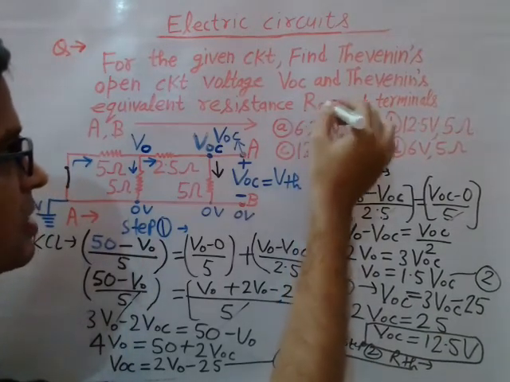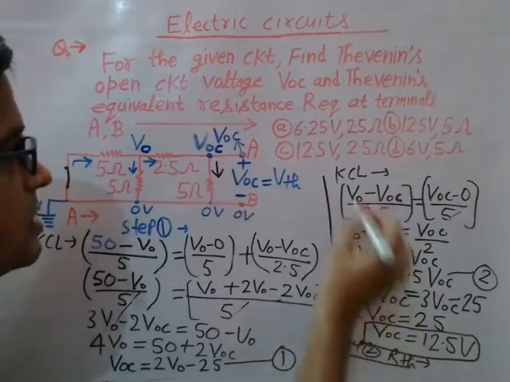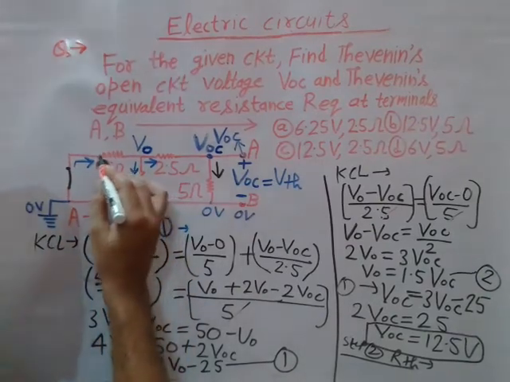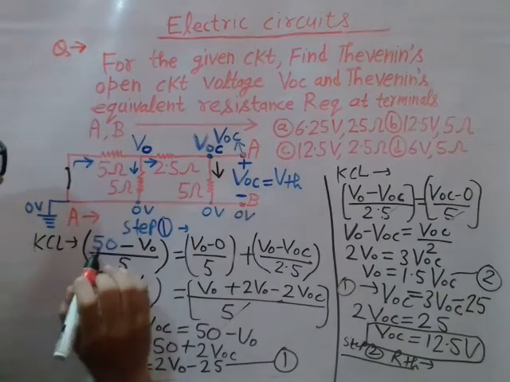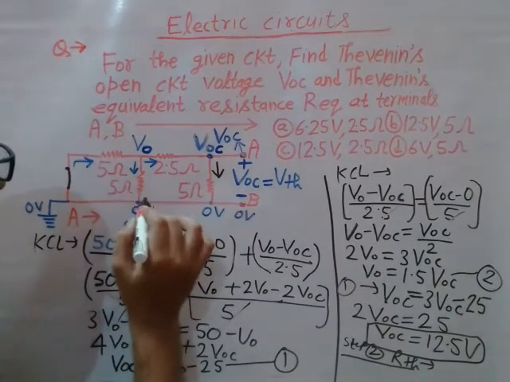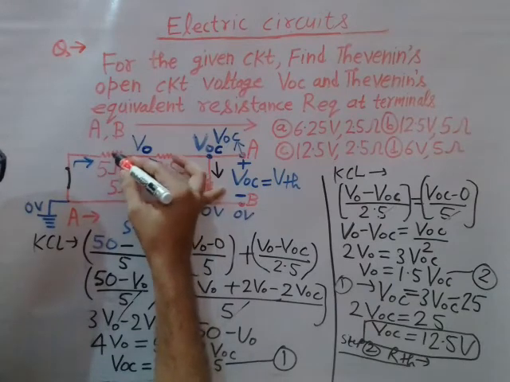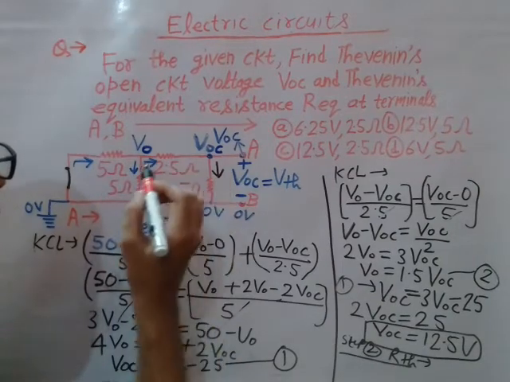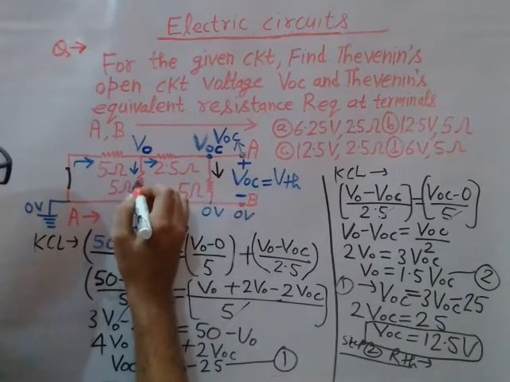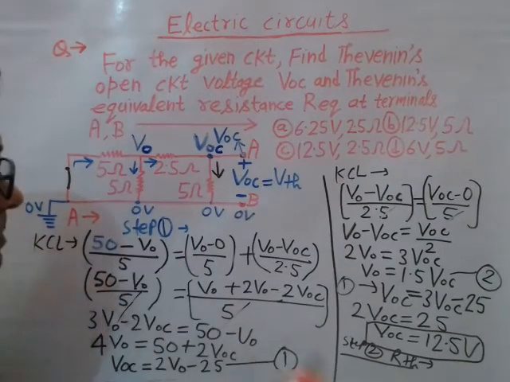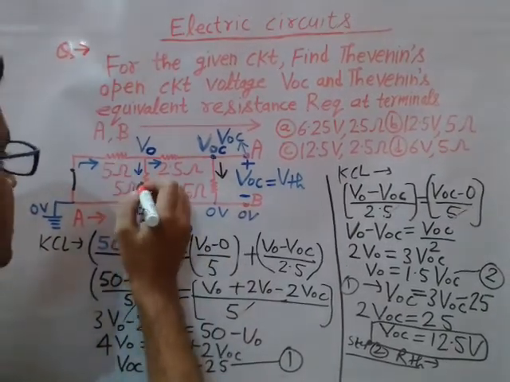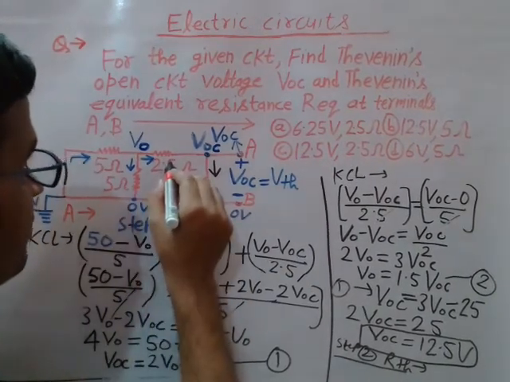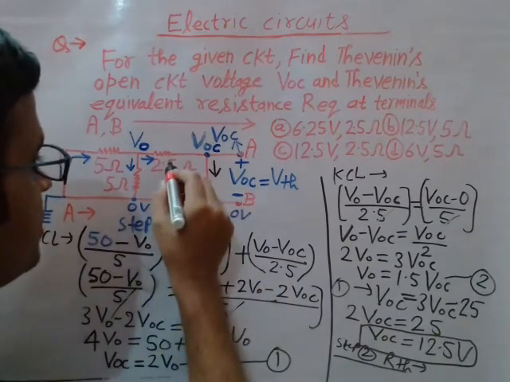He is giving another notation to this RTH, Thevenin's resistance. He is writing this R equivalent. So just have a look at it. This 5 ohm is in parallel with this 5 ohm, right? And the parallel combination of this 5 ohm and this 5 ohm is equal to 5 by 2, that is 2.5. Now this 2.5 is in series with this 2.5, right? So you add them, it becomes 5.